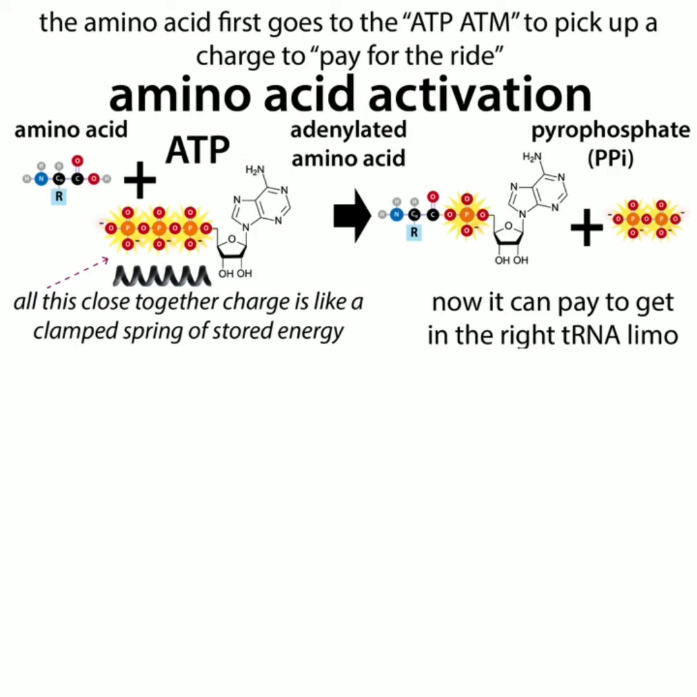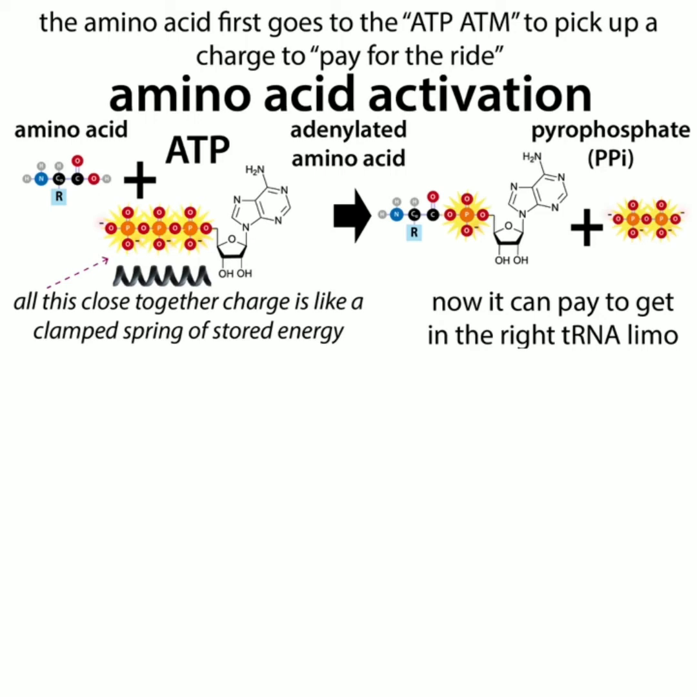So we need to make sure that the right limo takes the right amino acid, so that the right tRNA is linked to the right amino acid. So this takes place with the spending of energy in 2 steps. So there's amino acid activation and then tRNA charging. And so in the amino acid activation step, you use ATP, which is a form of cellular energy